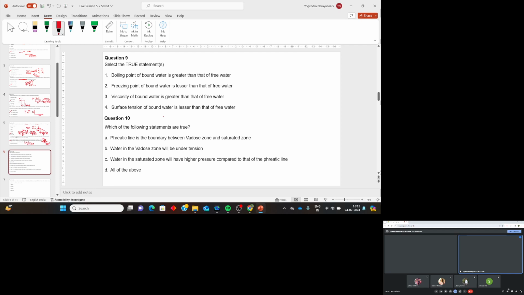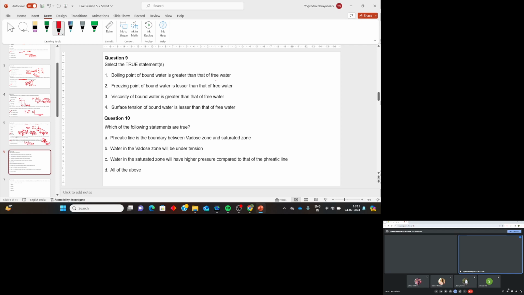Can somebody explain? Bound water has a high energy. Bound water does not have high energy. We need more energy to alter the nature of bound water. So,